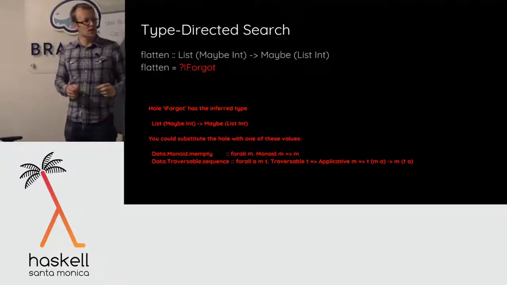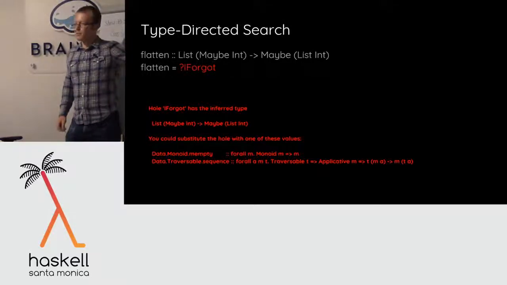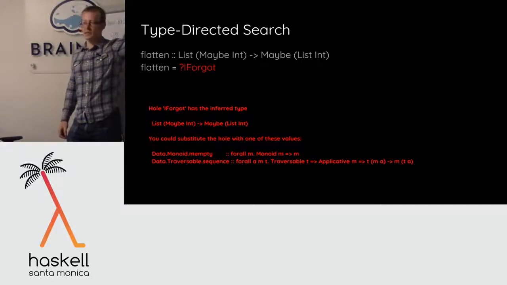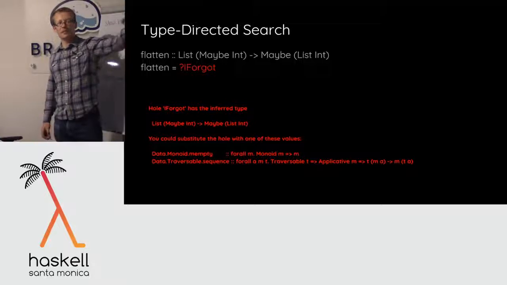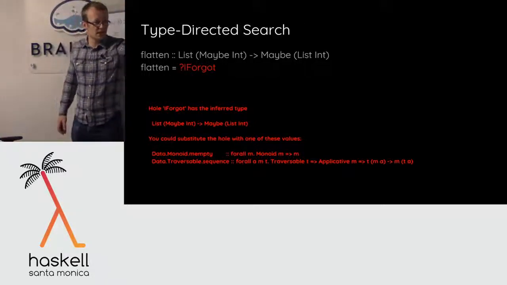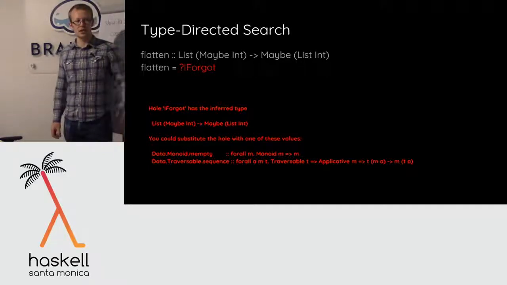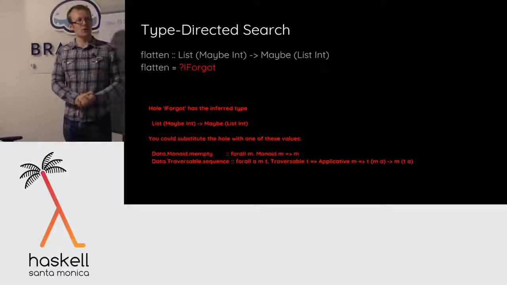into smaller type holes. But what PureScript will do, which is really nice, I think, is that we'll also go through and use the subsumption judgment from the type checker to check all of the things that are in context for programs that are valid substitutions for the type hole. So if you do this in PureScript and you say, okay, I want this flatten function that takes a list of maybes and gives me a maybe of lists, and you just say, I forgot what the function is, it will say, it's sequence, right? Its type is more general than the one you thought of, but it's okay because the subsumption relation told us that it's a valid substitution for the typed hole, okay?